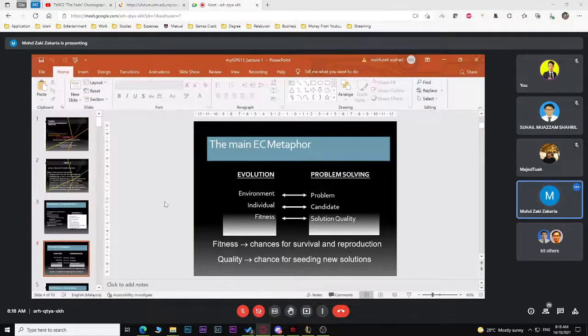Based on the mathematical formula, we need to evaluate the best value for that certain problem. We call it an individual. For example, for a genetic algorithm, we set 10